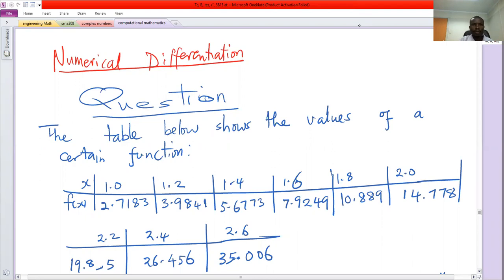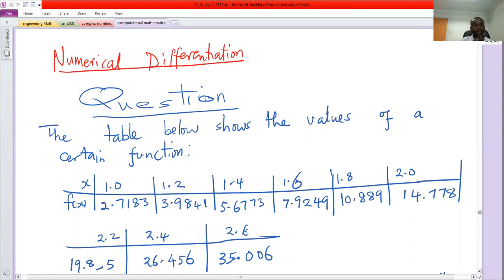Welcome in this session. We are going to do an example on numerical differentiation. So here's a question. The table below shows values of a certain function. So we have x and the corresponding values of f. So 1, 2.7183, 1.2, 3.9841, up to 2.6, whose value